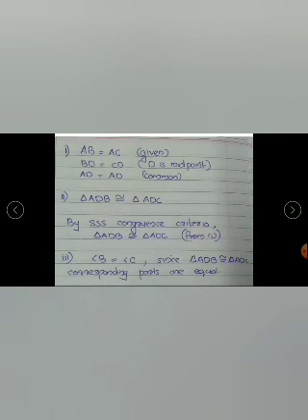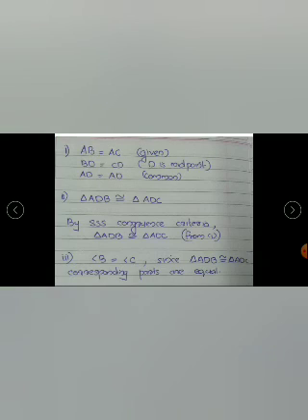Then last question, is angle B equal to angle C? Whether the two angles will be equal? Yes, that will be equal. Why? What is the reason? Since the two triangles are congruent, then the corresponding parts are equal. Corresponding parts means what? Corresponding sides and corresponding angles. Corresponding sides are equal, that we proved. So if two triangles are congruent, its corresponding angles also will be equal. Therefore, angle B equal to angle C.